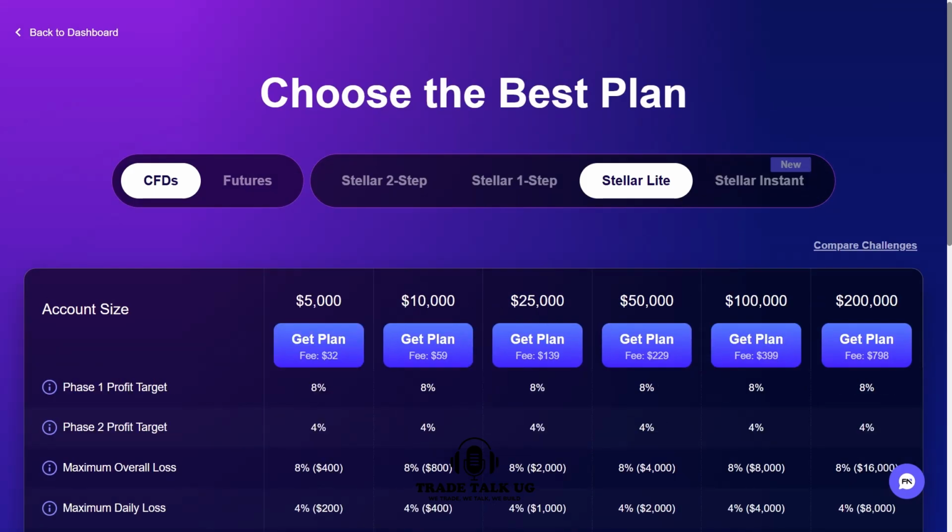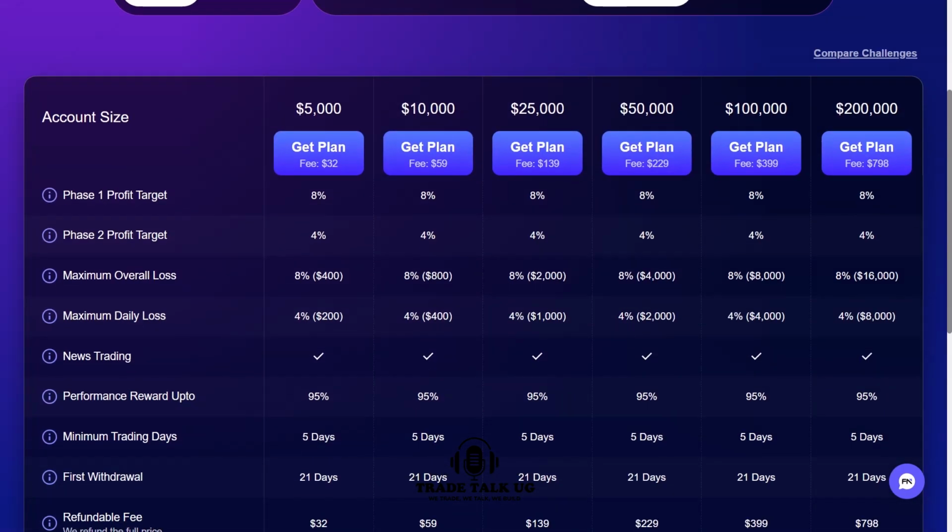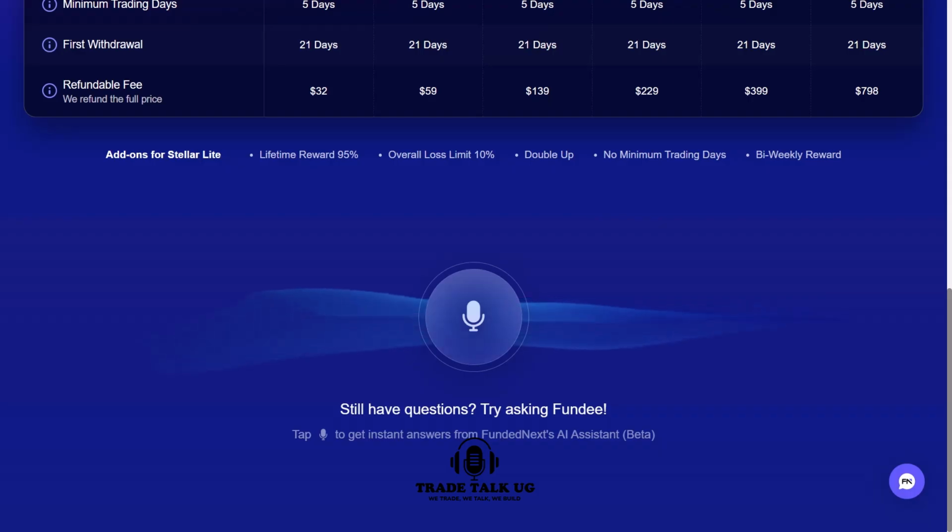So I recommend Stellarite. Once you pass for $5,000 US, your first payout, you can purchase 10,000. You pay out, you purchase 25, and at the end of the day, you find yourself having $100,000, and that one is a breakthrough, I'm telling you. Once you pass $100,000, that's really a breakthrough. So guys, you can see